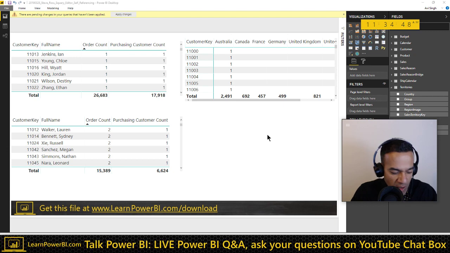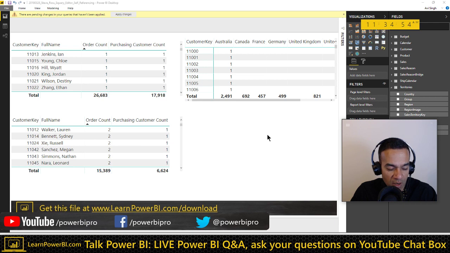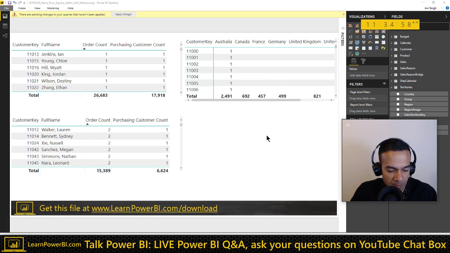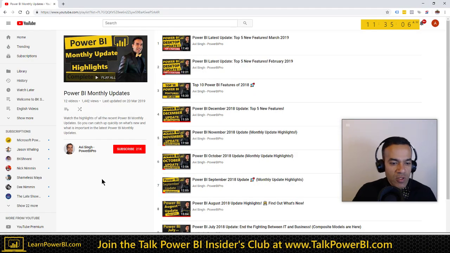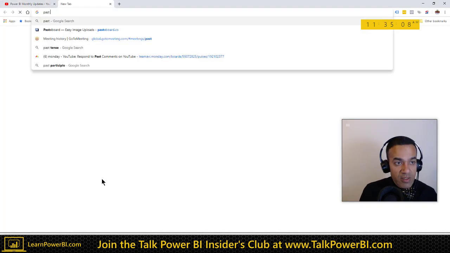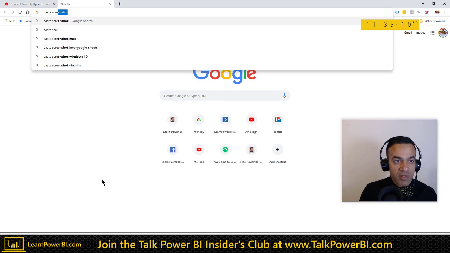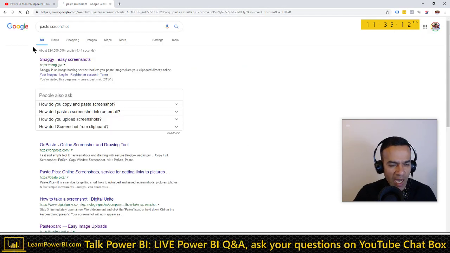I'm pretty keen to solve it. If you can get a file where you can anonymize the data or simplify it or remove everything else, something like that. Or do send me a screenshot. You can upload your screenshot in a lot of places. Search for paste screenshot online or something like that.